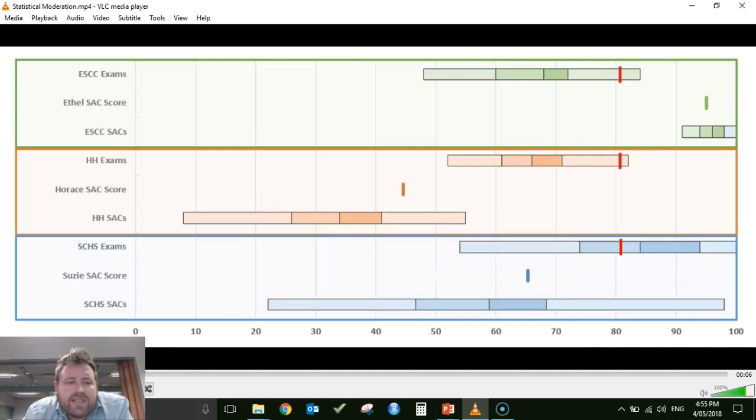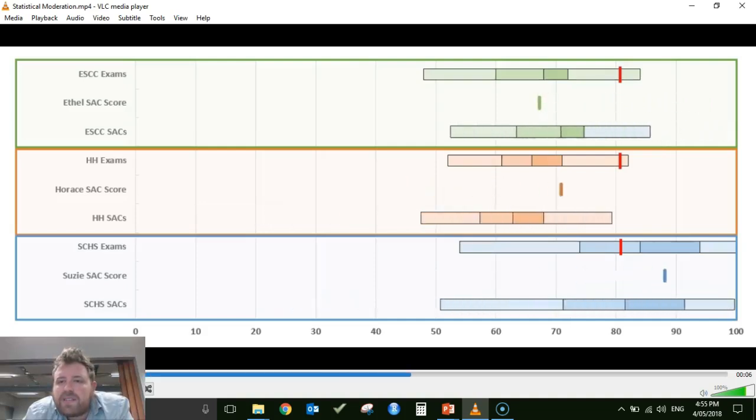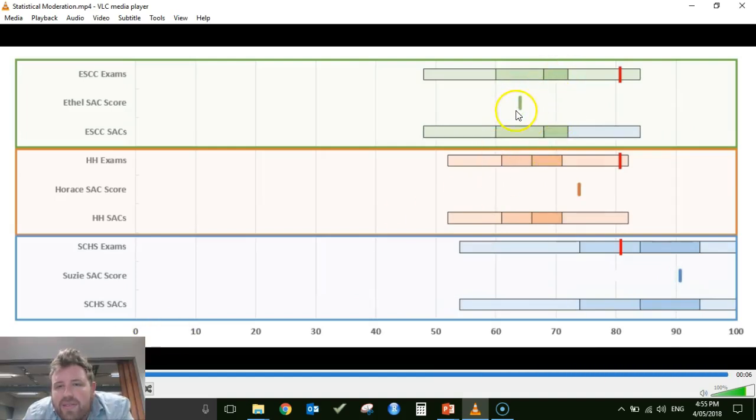And the process the VCAA use is, they take these distributions, let's watch Ethel's carefully, they take this distribution here and they match it to the exam distribution. And we'll see, when I hit play, that Ethel's mark moves relative to her cohort. So let's watch. Stretching, stretching, stretching, stretching, until this distribution matches this one, and then Ethel's mark just comes out wherever it ends up. So she keeps her relative position within the cohort.